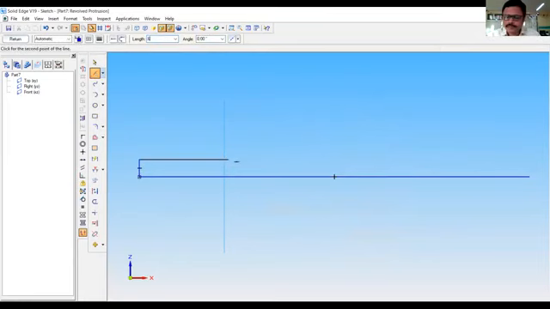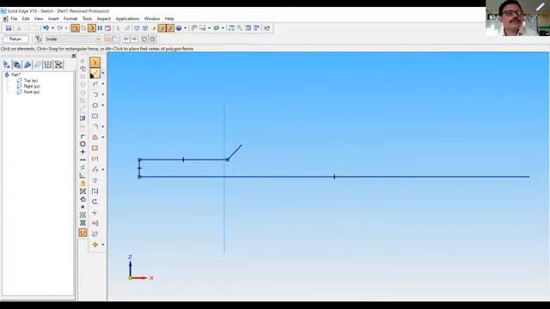This is 62 mm. And this angle is 45 degrees. This is actually 45 degrees. Then here this is 20 mm. 20 means 20 divided by 2, it is 10 mm. This is 10 mm.